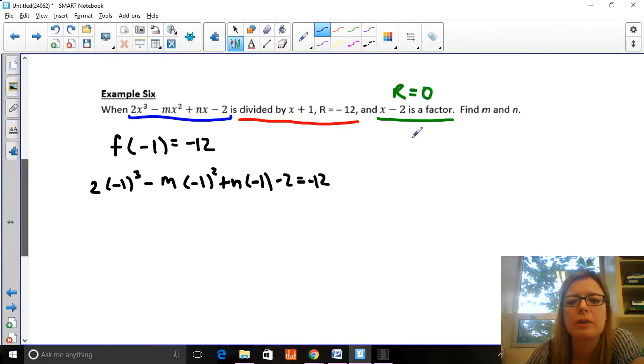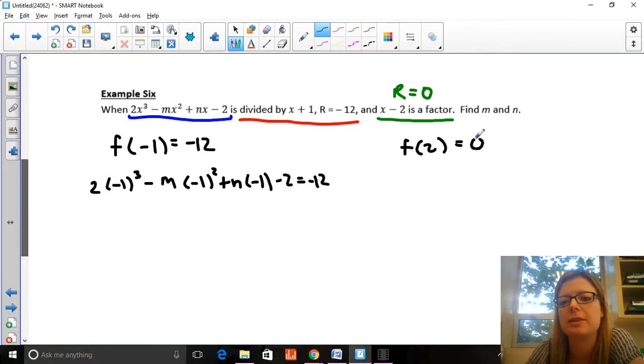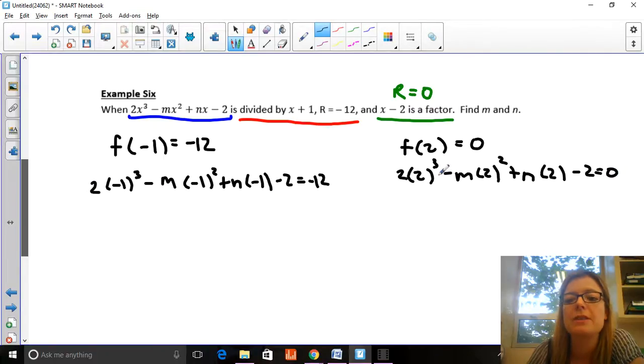So what we're going to do over here is this means that f at 2 is going to be equal to 0. So similarly, we can put 2 into the function and set it equal to 0. So 2 times 2 cubed minus m times 2 squared plus n times 2 minus 2 equals 0. So when we solve this equation, also we'll come up with an equation that only has m and n. So we'll have two equations with two unknowns, which we can solve using substitution or elimination. So when you simplify this, you get